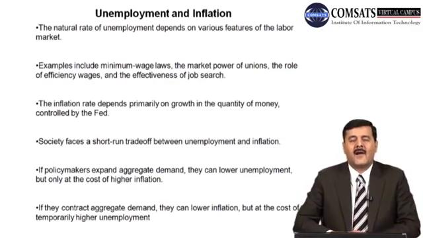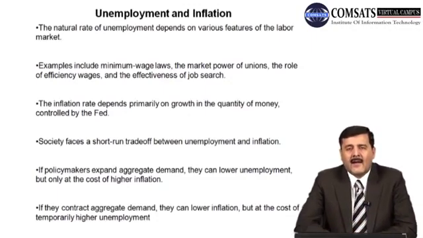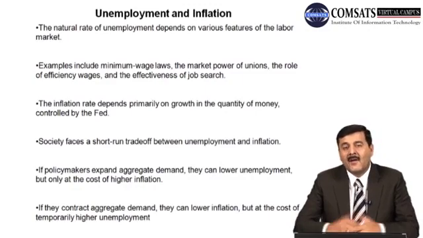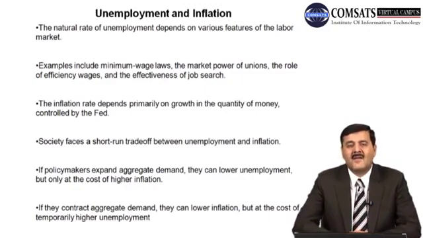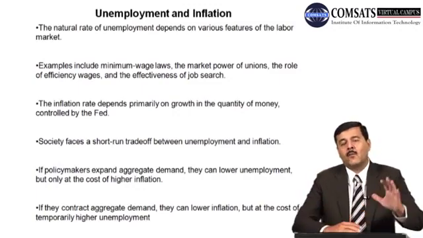increase in unemployment rate, right. तो हमने देखा कि trade-off क्या exist करता है between these two parameters, which is unemployment and inflation. अगर government और policy makers ये चाहते हैं कि aggregate demand को बढ़ा के they can reduce unemployment, they can lower the unemployment level in the economy, but this could be done at the cost of higher inflation, because as we know that जब किसी चीज़ की demand बढ़ती है, as we have learned in the previous lecture, तो उसकी price बढ़ जाती है, right। तो demand के बढ़ने से output भी बढ़ती है, लेकिन at the same time price level बढ़ जाता है। जब output बढ़ती है तो unemployment कम होती है।